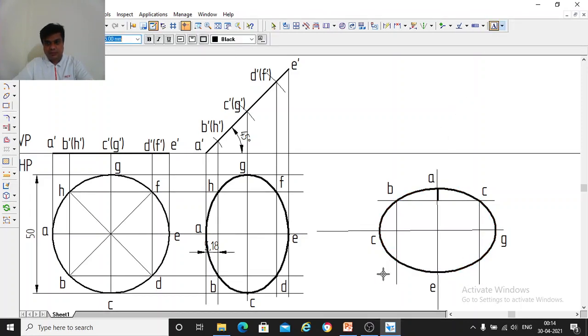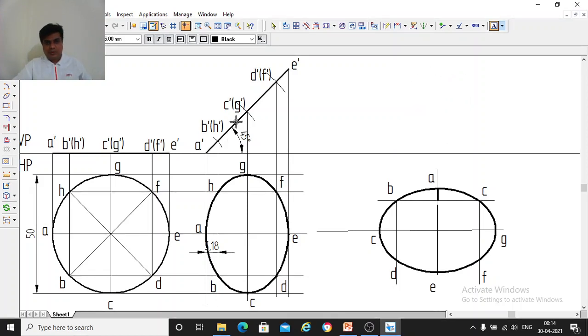So like this you reconstruct the ellipse here. So whatever ellipse is there, the same top view you draw here so that CG is parallel. You do whatever you want, measure all the dimensions, all the points, and transfer the points this side, and you redraw this same size circle here. So now this is the top view, and from this top view we will get the front view, right?